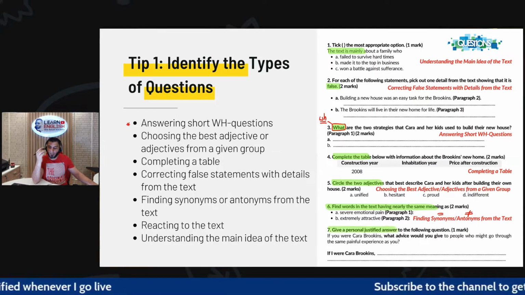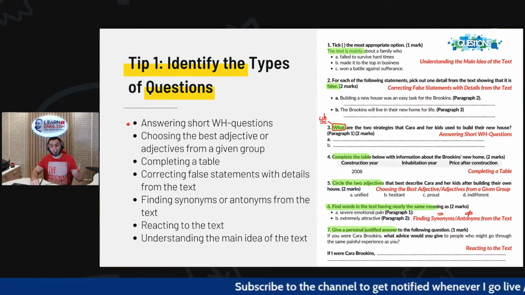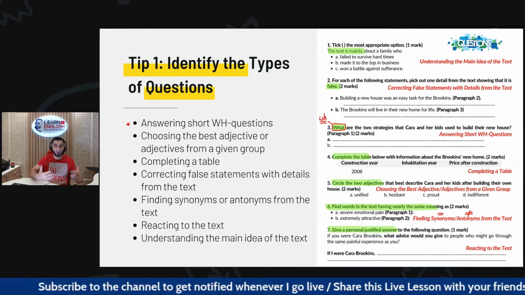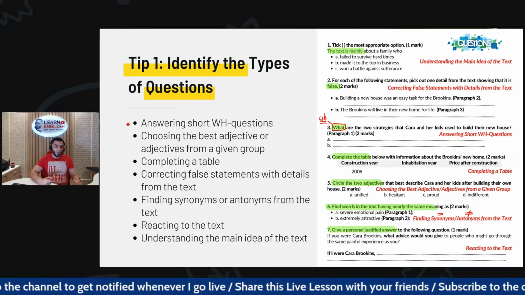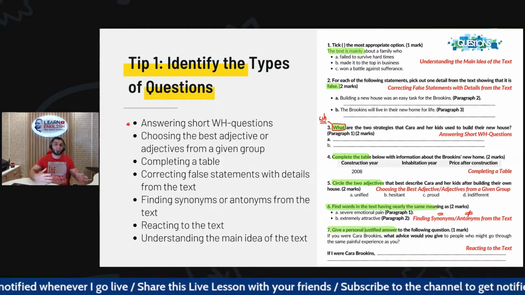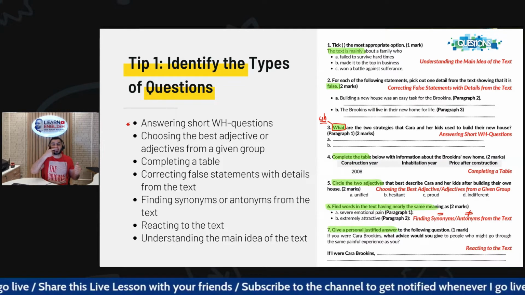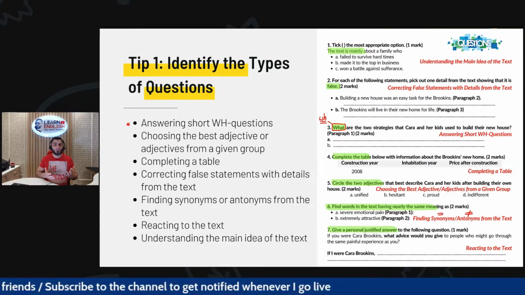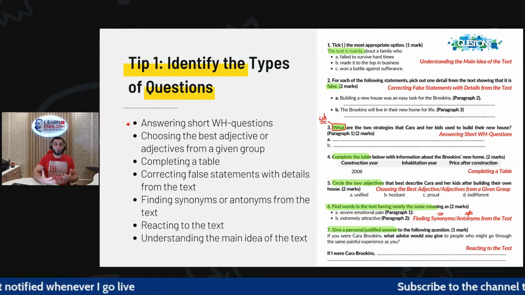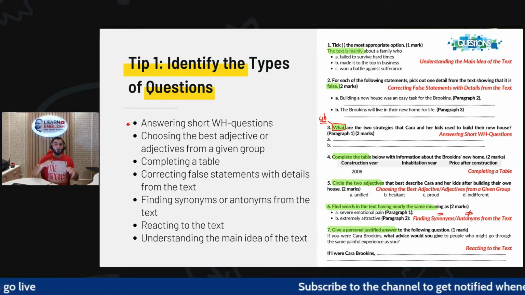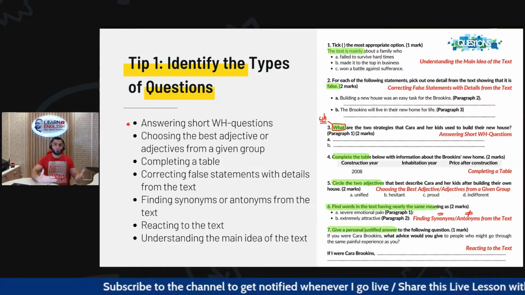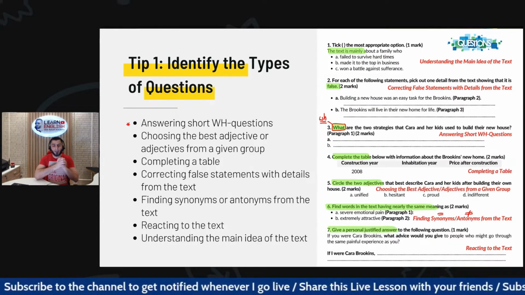And of course, finally, you have reacting to the text. We always ask the students to react to the text. Why? Because it's like an authentic situation. Sometimes on Facebook or any social network, you read a newspaper article or a Facebook post, and as a way to interact with that article or text, you write a comment. That comment is called a reaction to that post or article.